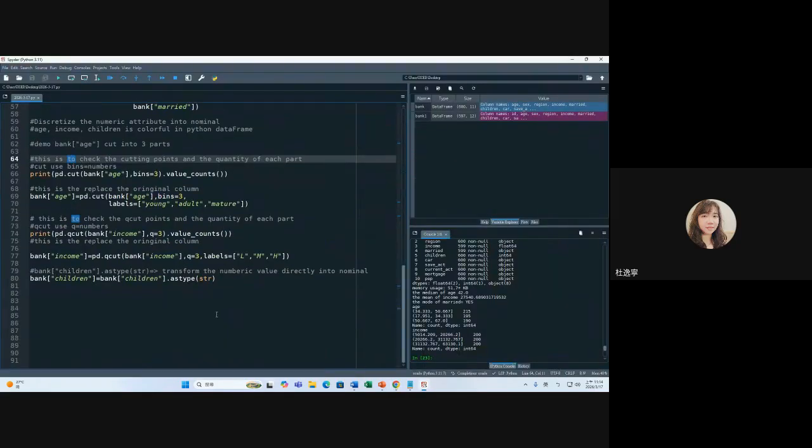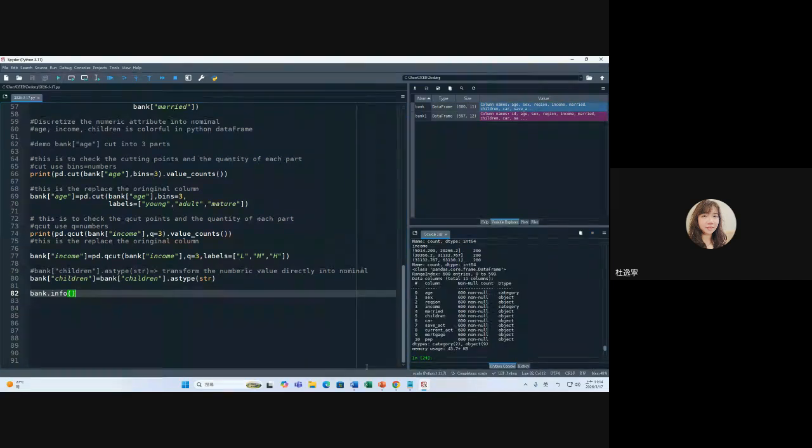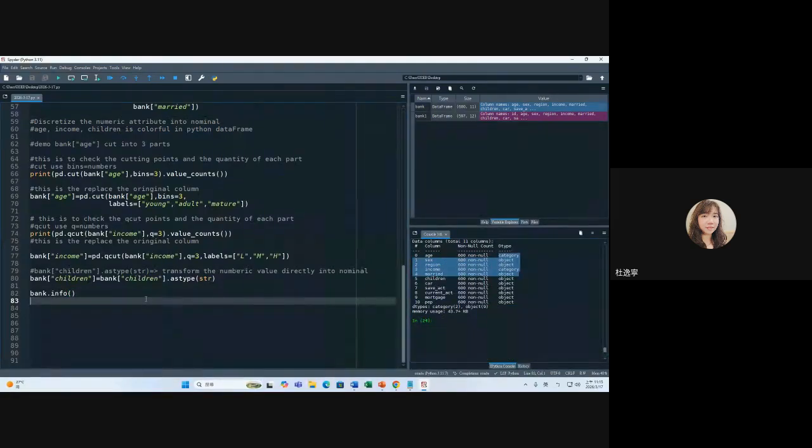Okay, now we will do the last steps. First, we want to check the bank import. Is that correct? For example, everything has no missing value and everything is not categorical or object. There is no longer float or integer. It means all transferred. Okay. And then we also want to transfer it into